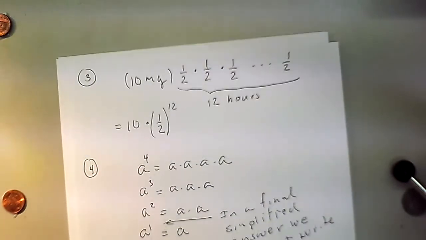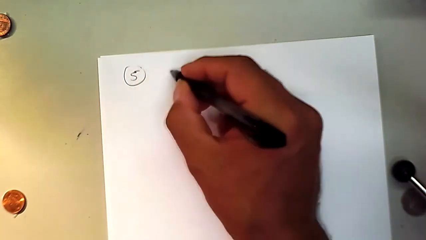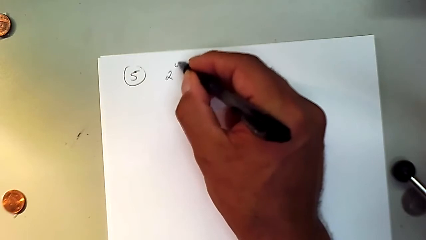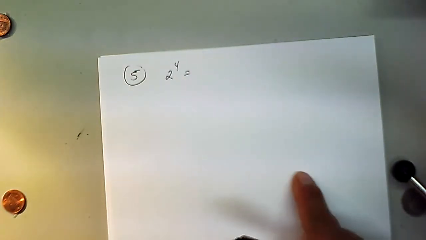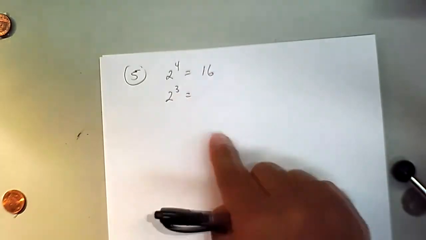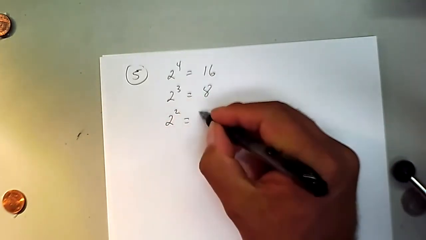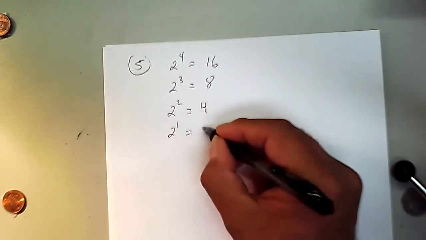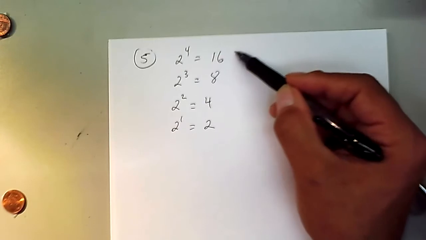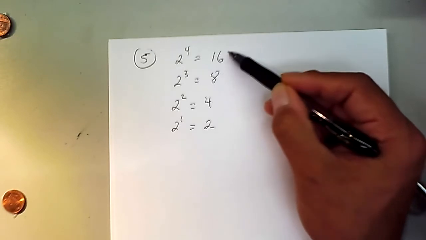Before I finish this table, let me do a table of numbers, because that will make a little more sense if we look at the numbers. So example 5, let's say you have 2 to the 4. So that is 2 times 2 times 2 times 2, and that is 16. 2 cubed is 2 times 2 times 2, which is 8. 2 squared, 2 times 2, 4. 2 to the 1, 2. Now, let's analyze what's going on here. Every output, as we move from one line to the next line, is being halved.